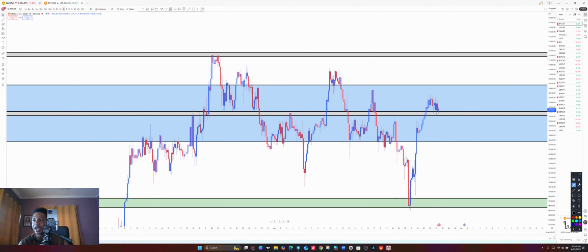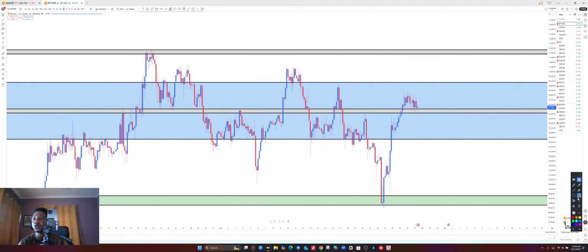Now look at something over here. After price gave us the retest, it is struggling to go up. So that means that there's something going on over here. Let's find out what is going on over there by moving to a much lower time frame to get a better view of what has happened there.